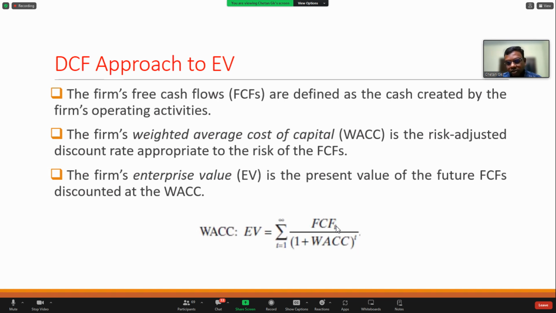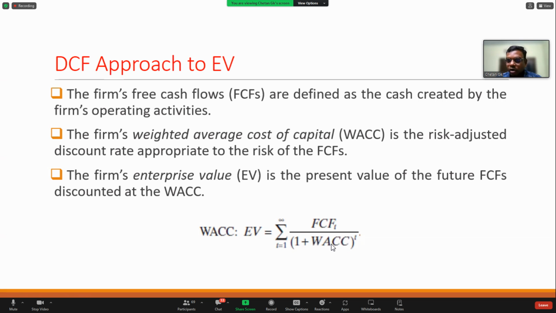So all your future cash flows will be discounted at an appropriate discount rate, which is called the WACC. Okay, so t equals 1 to infinity. What is t? t is your year 1, year 2, year 3, year 4 till an infinite number of years. All the cash flows of your company. Supposing your company is TCS, all the future cash flows for an infinite number of years, I should be knowing it. Then I'll be discounting them back to present value terms at the appropriate cost of capital. Cost of capital and weighted average cost of capital, or WACC, can be used interchangeably.